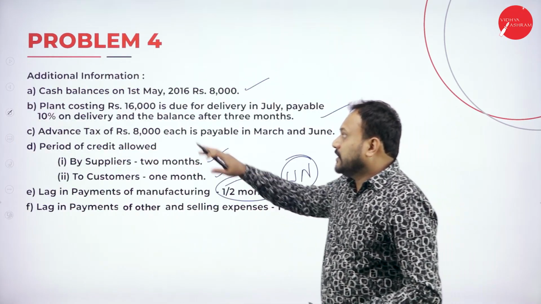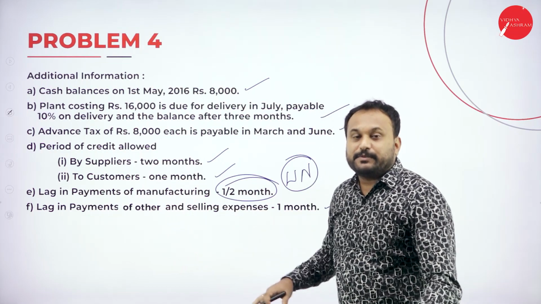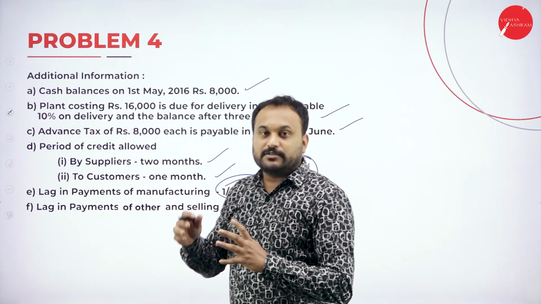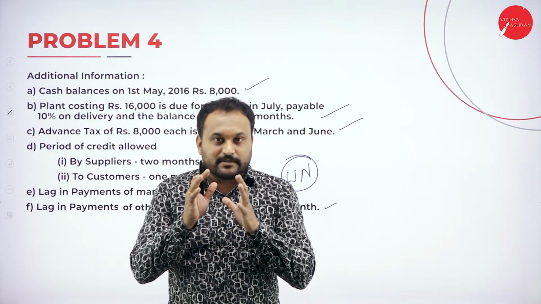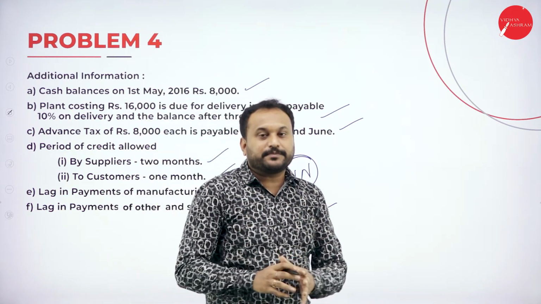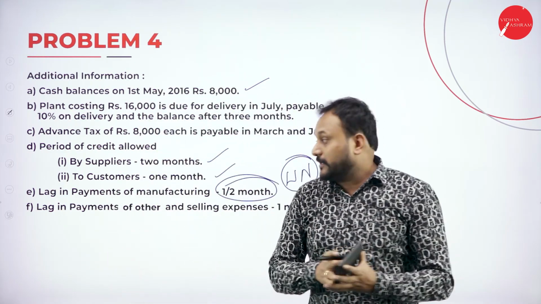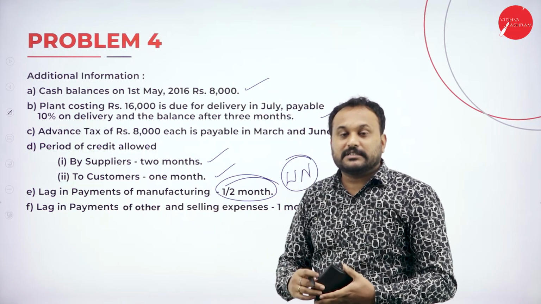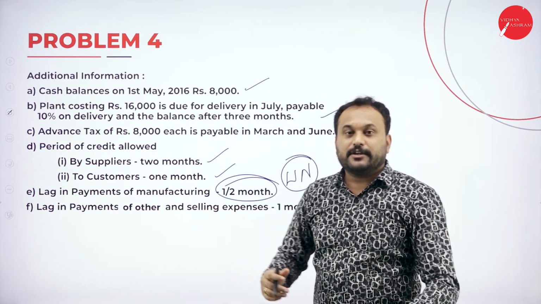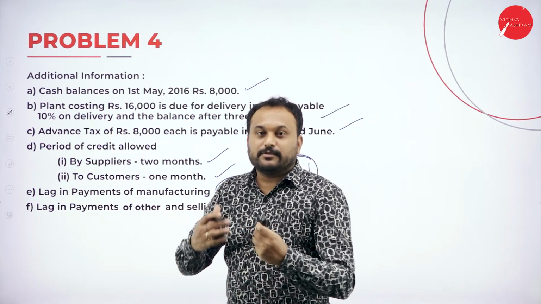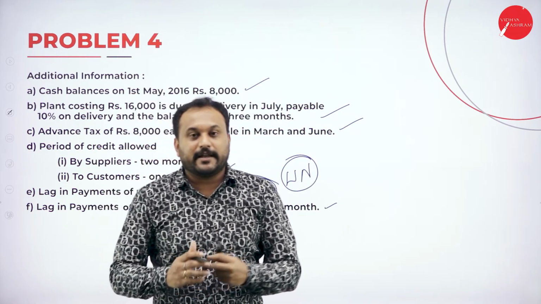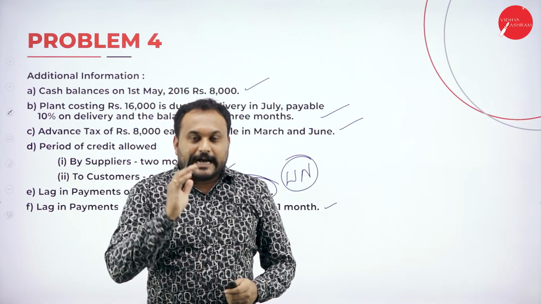So I have given you all the other adjustments, which are similar to problem number 1. What you should do is, you need to have your notebook and calculator. I told you about the lag in payment adjustment, how you are supposed to solve that. Now after that you are supposed to take a photo, and you know my mobile number, and you need to forward it. I'll check